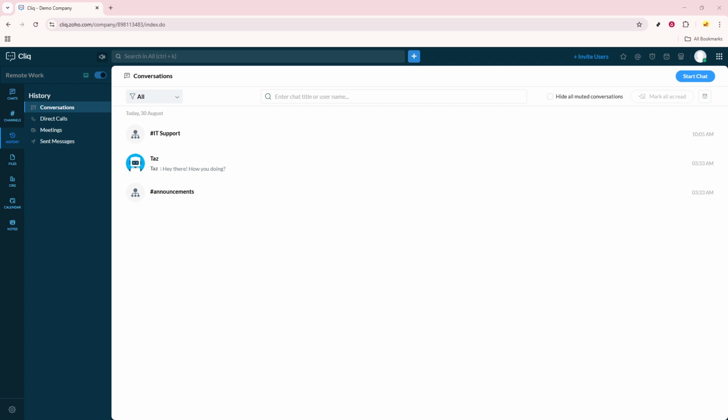Clearing the chat history can help keep your application from getting cluttered with unnecessary conversations. It's also an effective way to maintain organizational focus by ensuring only current discussions are visible to group members. Whether you're reorganizing communication or just want a fresh start, knowing how to clear chat histories in Zoho Cliq is a valuable skill. So, whenever the need arises, you know exactly what to do to manage your group chats